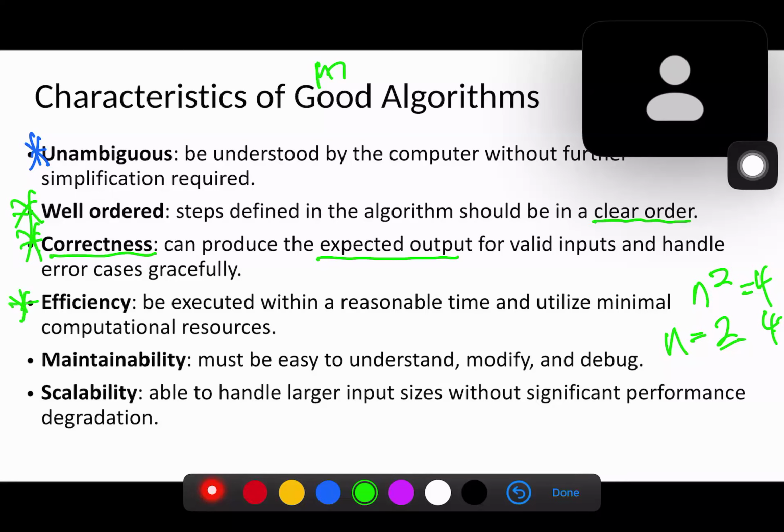Then also, one of the key features is that an algorithm has to be efficient. What it means is that the algorithm must use reasonable time and utilize a minimum number of resources. So maybe you wrote an algorithm, but it takes 50 years before it generates the expected results. We can say that your algorithm produces the results, but if we are expecting the answer today and we have to wait 50 years for it to run, it means your algorithm is not very efficient. And also, if the algorithm is not utilizing memory efficiently, for example, it is consuming all the memory resources, or it is clogging up,